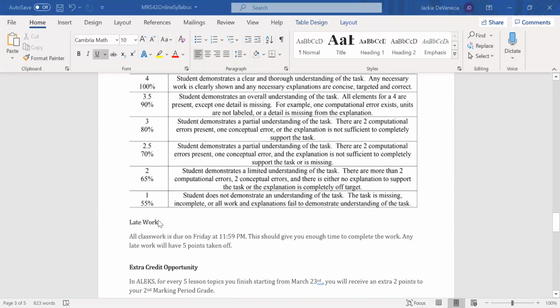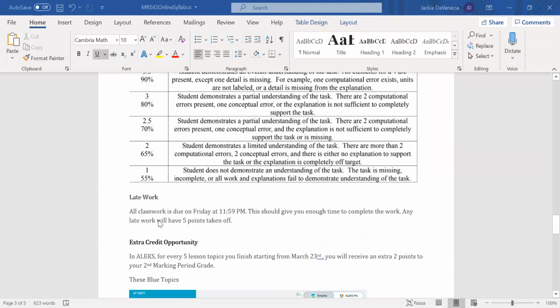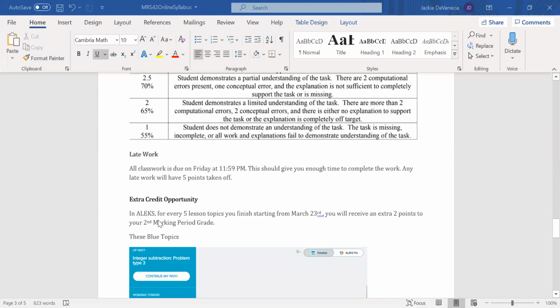All right, so let's see. Late work. All right. So I'm giving you things on Monday, and it's due Friday night at 11:59 p.m. I'm thinking that it is a good amount of time to get the work in. I'm not going to go crazy. I'm not going to assign 50 questions a week, but this seems like a good time period to get things done. But if the off chance you do hand in something late, it's going to be 5 points taken off.